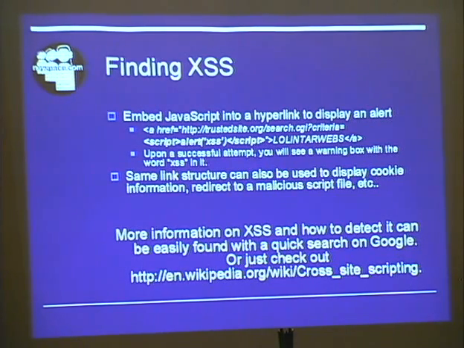If you're not familiar with cross-site scripting, I'm not going to be talking a whole lot more about what it is or how to do it. Well, I will be talking about how to do it on MySpace, but other than that, if you don't have a lot of information on it, you can just go to the Wikipedia page that I have at the bottom of this slide here, or you can just search Google. There's a ton of pages with cross-site scripting defined all over the place.